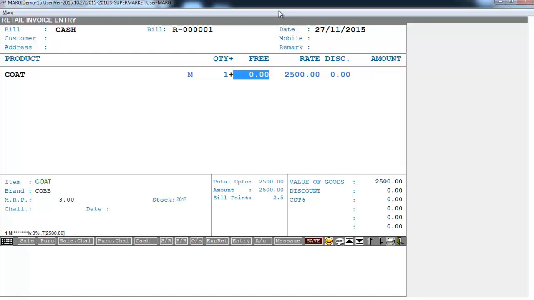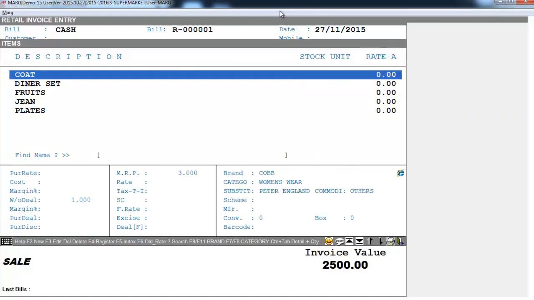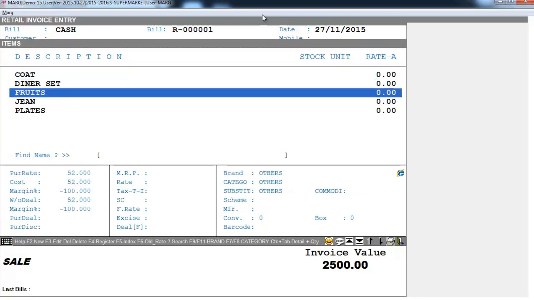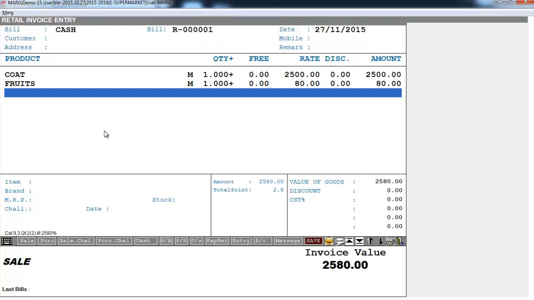But then if you want to do changes in rate and discount, so you can use the arrow keys. Then you'll press enter and again switch to items window. From here you can sell your next item and define the quantity. Similarly, as you've defined the quantity, the software has automatically picked the rate. Now you'll press the end key to save this bill.